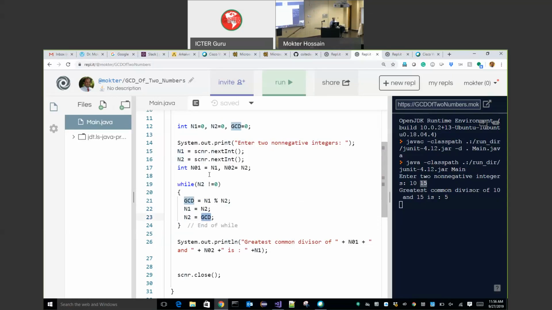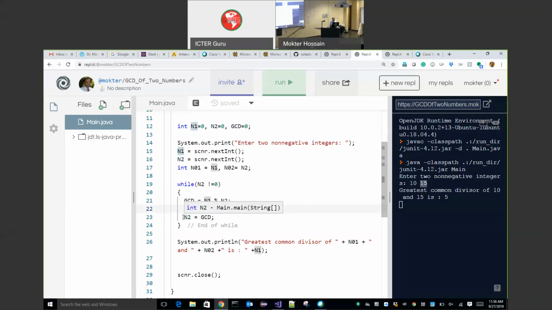And then my N2 is not 0 now. Then I'm updating my GCD equal to the first number 15 modulo 10 equal to 5. Then I am updating my first number equal to the second number, which was 10.